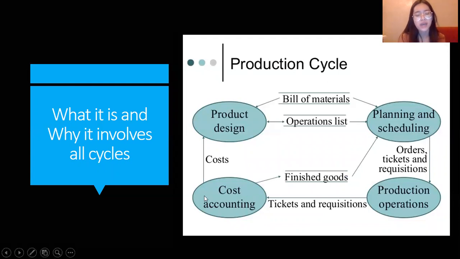And then lastly, we have the cost accounting. There are three principal objectives of cost accounting. The first is to provide information for planning, controlling, and evaluating the performance of production operations. Second is to provide accurate cost data about products for use in pricing and product mix decisions. And then lastly is to collect and process the information used to calculate